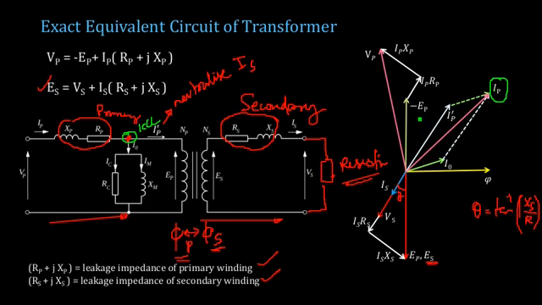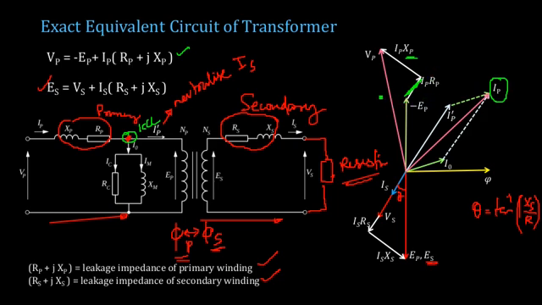Okay, so once you get the IP, we again need to establish this particular equation through the phasor diagram. VP is equal to minus EP plus IP into (RP plus jXP). So this is minus EP, IP RP will be in phase with IP, this is IP dash RP, and this is IP. Yes, IP only. So it has to be slightly like this. IP RP will be in phase with IP, and IP XP will be lagging behind IP by 90 degrees, due to this XP component.